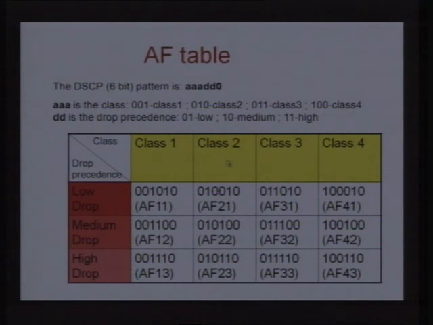So we can see that there are 4 classes and there is a representation. You can see that this bit has to be 0. The LSB of this field will always be 0 for the DSCP. These 2 bits represent the drop probability. So 0, 1 all the time, if you look at all the classes, represents the low drop, and 1, 1 represents the high drop. This means if in this class there are packets with low drop and high drop probabilities, then the packets with the high drop should be dropped first by the routers.